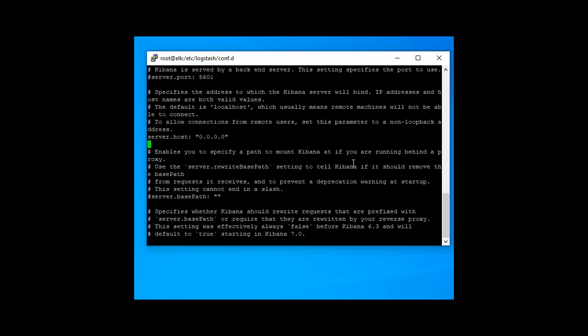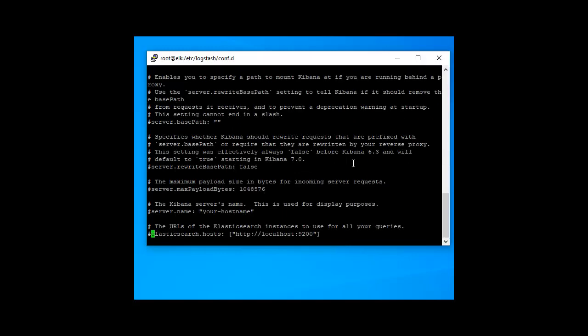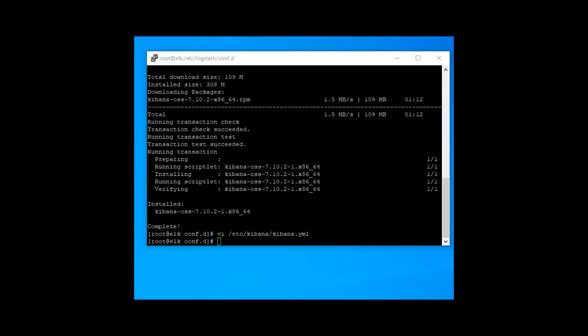Then search for elasticsearch.hosts, uncomment it and change localhost to the IP address, in my case 192.168.4.27. Save, start the service and enable the service on system startup.